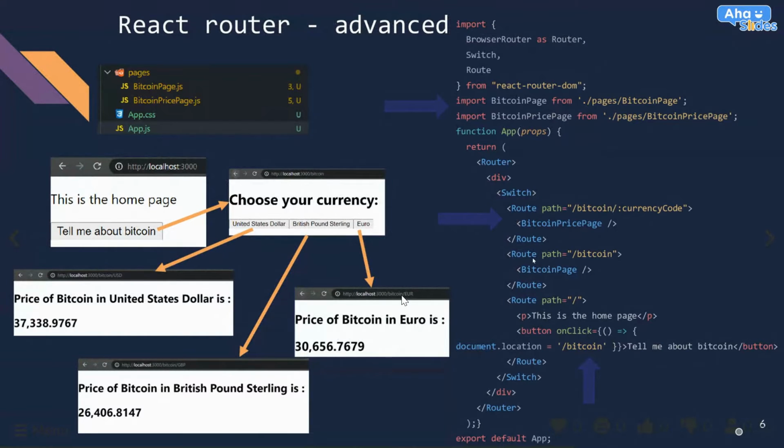What I say here is that if I go to /Bitcoin, I want to be sent to something called Bitcoin page. You're about to see the code of that, but this is pretty much just another static page, this one right here. This kind of stuff you've already seen. Static routing, going to another page.